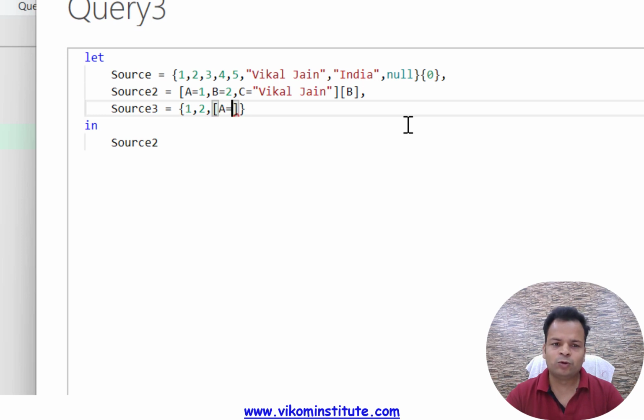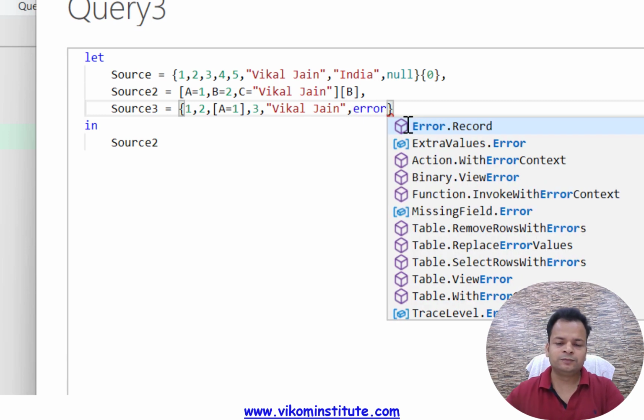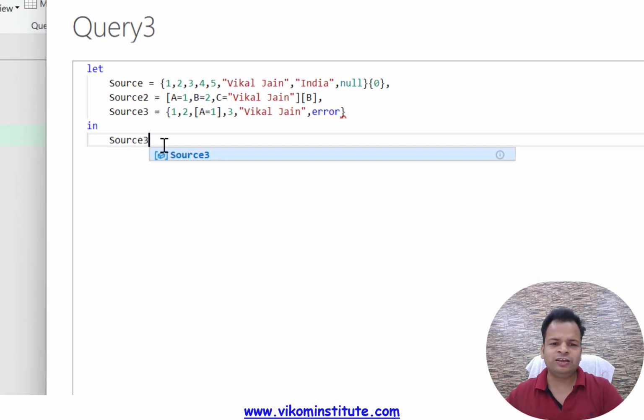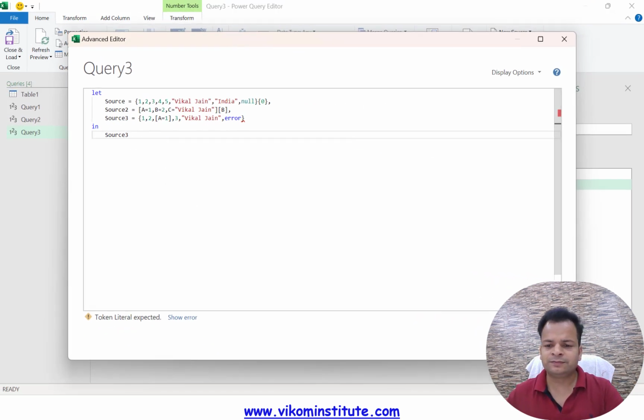A is equal to 1. Now comma, I am going to enter 3, comma, here we have text, and here we have error. So this is the list, and now this time I am typing Source 3 and you will see Done.